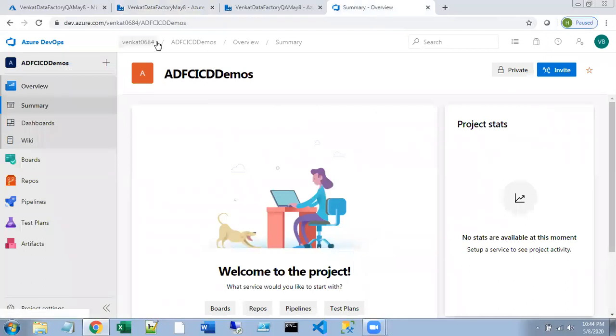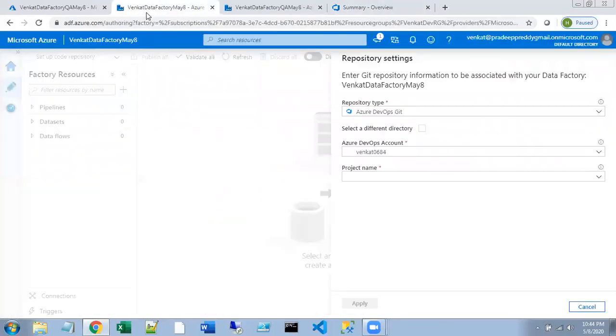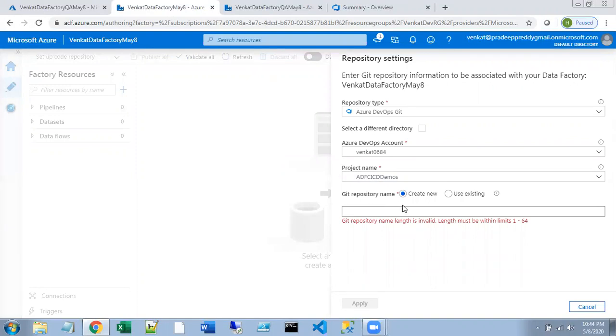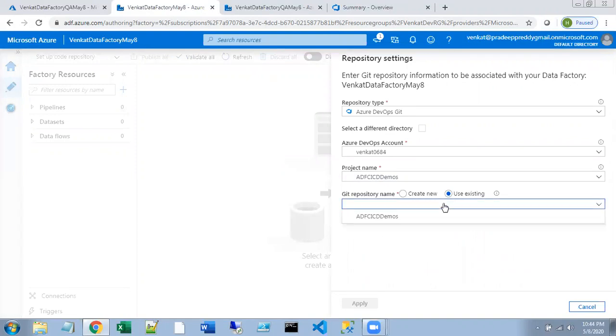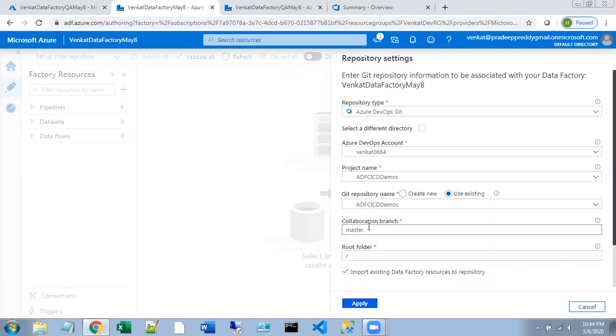This is my DevOps organization account. This is the project name that I created at the beginning of this video. For the repository, you can use the existing repository, the same ADF CI/CD demos. This is the collaboration branch, master. If you want, you can give a different one, but I'm just going with the default master collaboration branch. You go for apply.